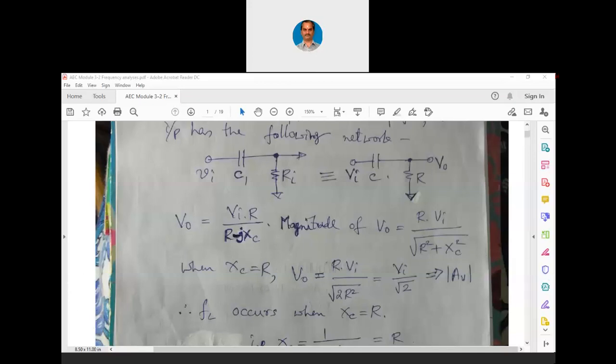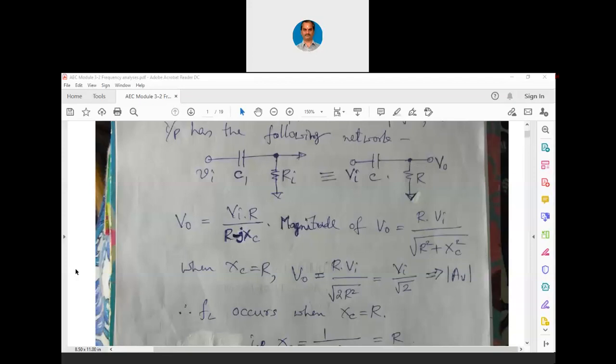Now this is the magnitude of voltage gain. For V naught by Vi, it implies that it is now 1 over root 2. Earlier also I had told you about that 1 over root 2 in a theoretical sense, where P equals V into I, or P by 2 equals V by root 2 into I by root 2. Now here also, when we apply mathematical analysis, we are getting the same value. So which means the lower frequency cutoff occurs when XC equals R. When the reactance of the capacitance meets with the resistance, that is when the lower frequency cutoff occurs.